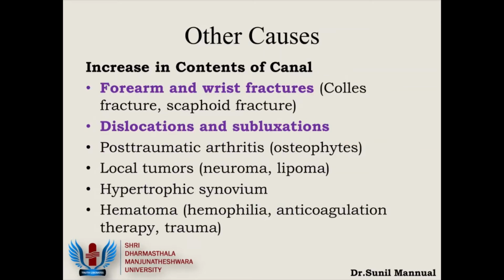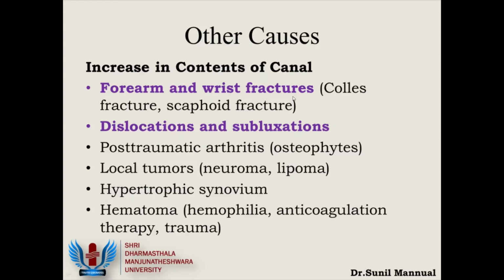Slide number 10 puts up some other causes where there is an increase in the contents of the carpal tunnel. Some of the common causes are forearm and wrist fractures, either due to a hematoma which is seeping into the carpal tunnel, or structurally due to displacement of the fracture fragments. Also, we can have higher carpal tunnel pressures or carpal tunnel syndrome because of dislocation or subluxation of the